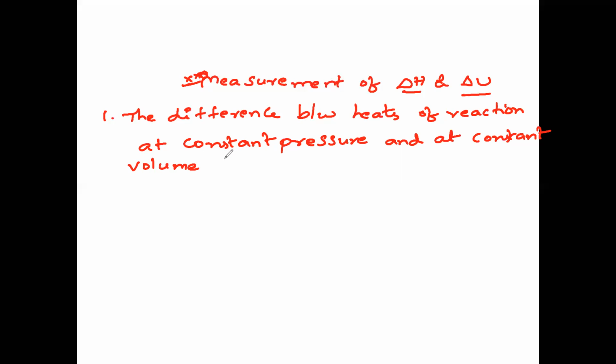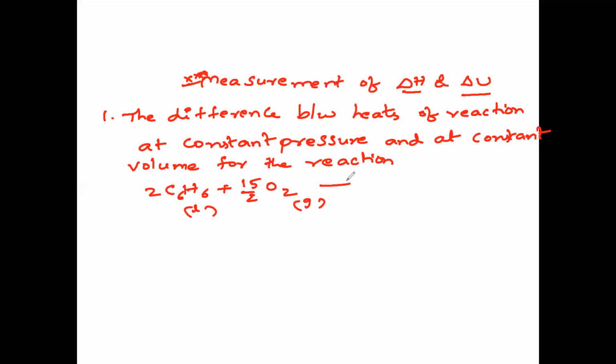For the reaction, they have given burnt benzene with excess of oxygen. So 2 moles of C6H6 (liquid) plus 15 by 2 O2 (gas), giving rise to 12 moles of carbon dioxide gas plus 6 moles of H2O liquid. So at 25 degrees C, in kilojoules per mole, it is: